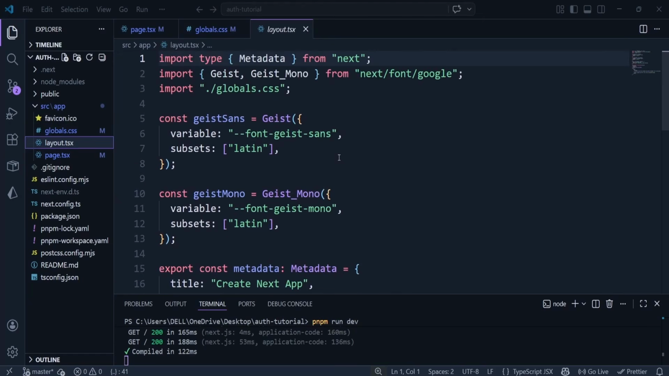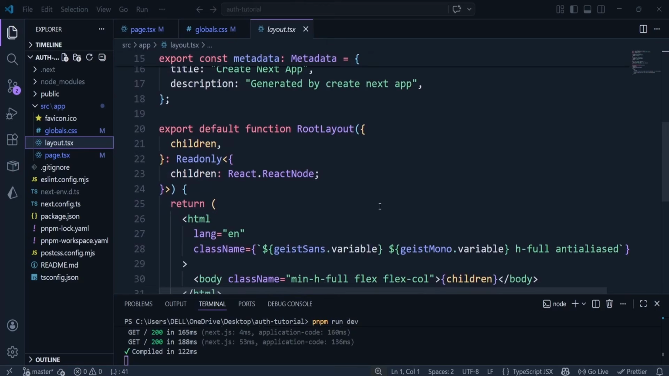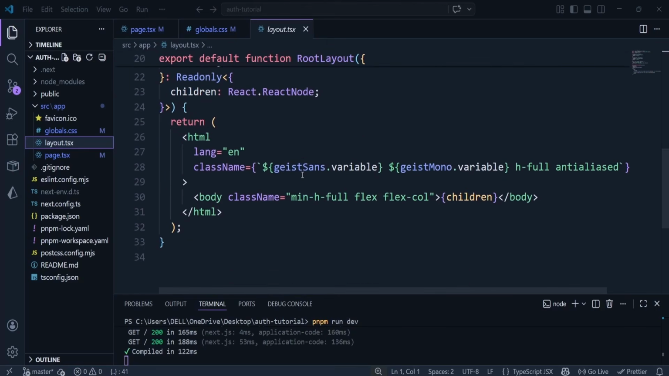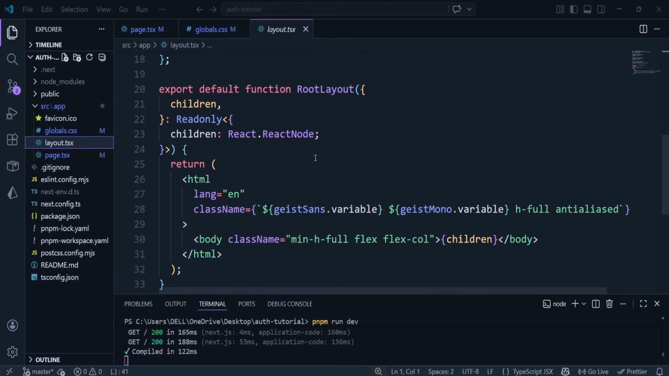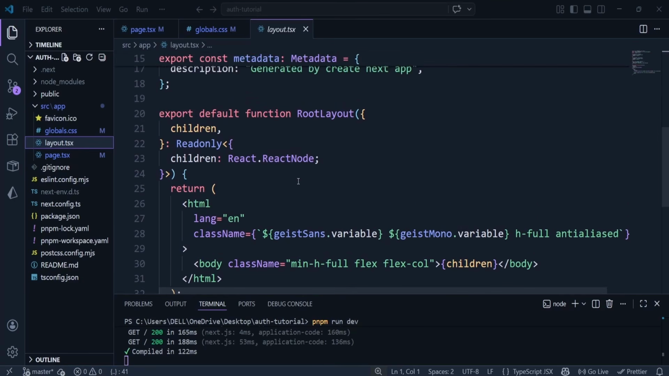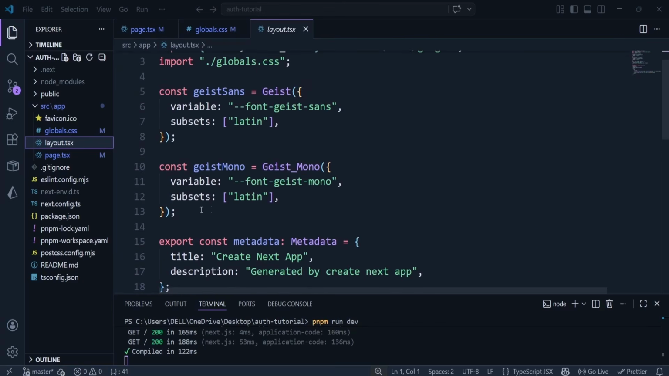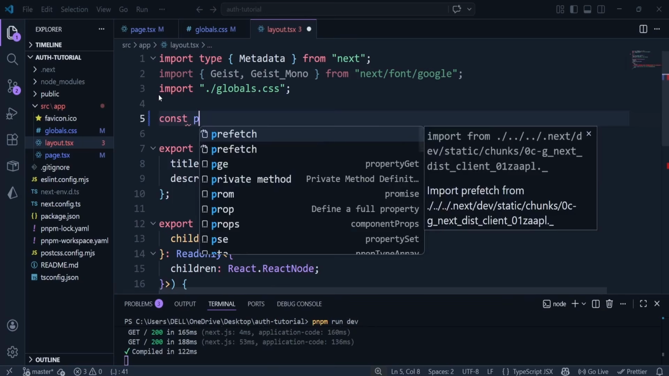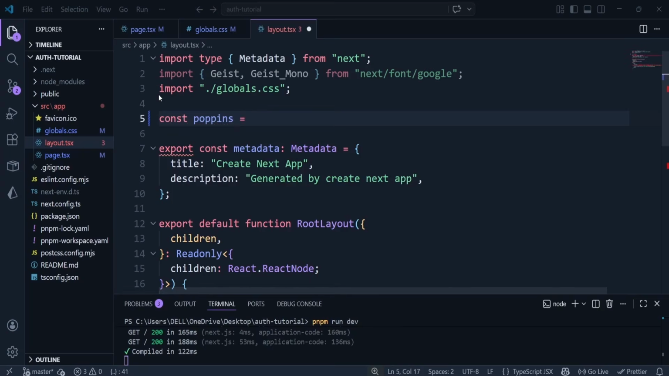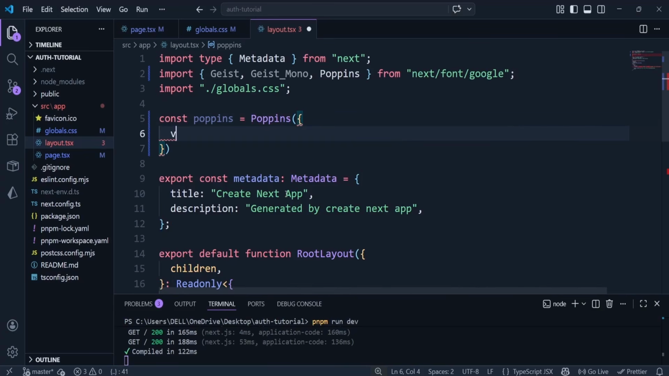Great. Now inside this layout file, this is what's going to act as the root layout of our application, which means whatever styles we apply or whatever components we output in this layout file is going to be output globally in our application. So this is basically the root layout file. So now we update this. First of all, I get rid of this right here. I don't want to use these fonts. I'll create a variable: const poppins is going to be equal to Poppins, which we're going to get from next/font/google. The variable is going to be